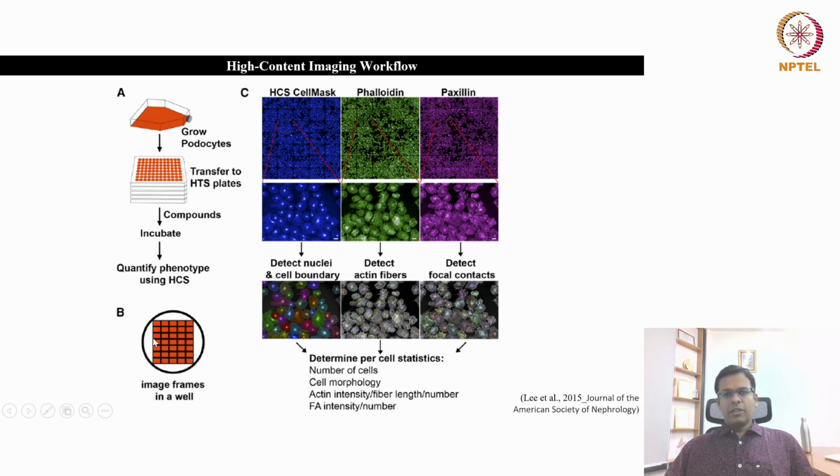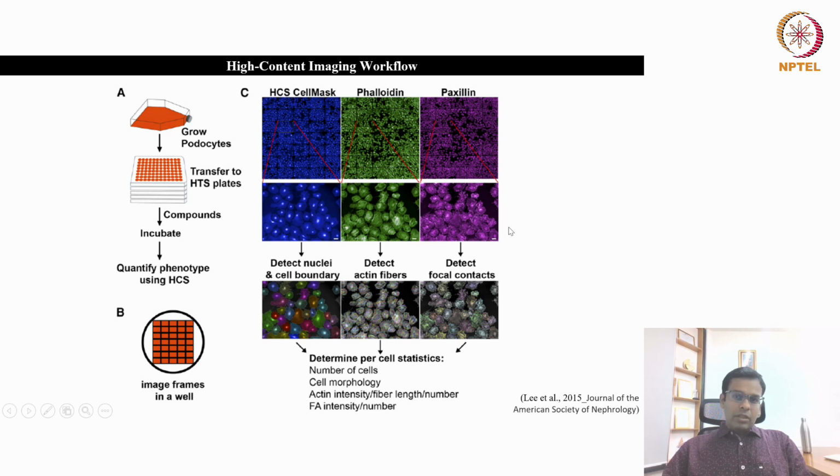and 1 2 3 4 5 6 and 7 fields this way. So from one well it will capture 35 fields. So you can see this is just one field. This is the layout of one well. In one well the microscope has captured so many fields. And here they have enlarged one particular field. Here you can see the DAPI stained nuclei, then phalloidin stained another protein here, and the paxillin stained protein here. So you can use different dyes or different colors for labeling different proteins in your sample, and also you can stain the nuclei using DAPI.